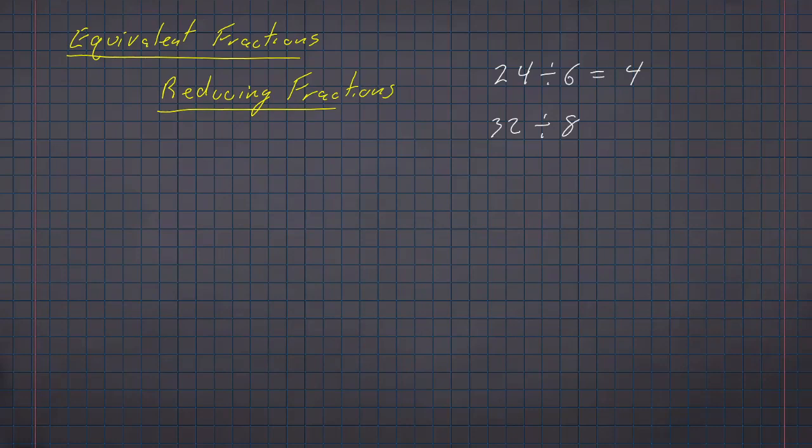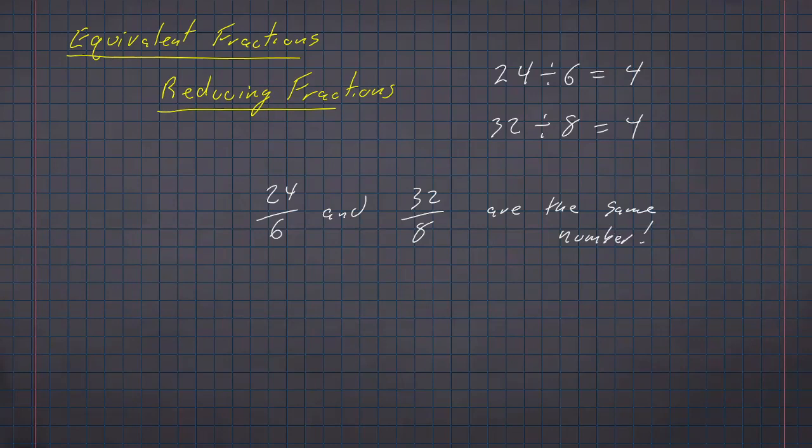32 divided by 8 is also 4. Writing these as fractions, 24 over 6 and 32 over 8 are the same number. And that's something that will repeat. You can